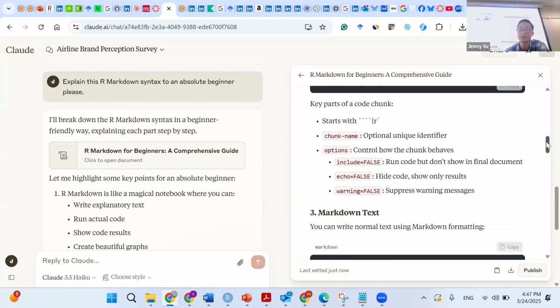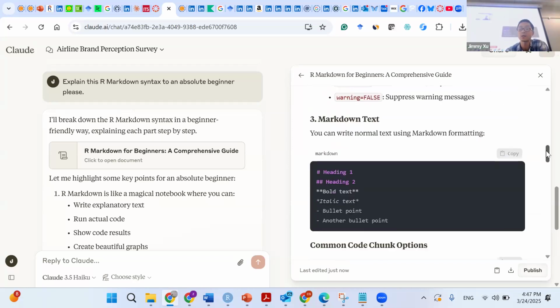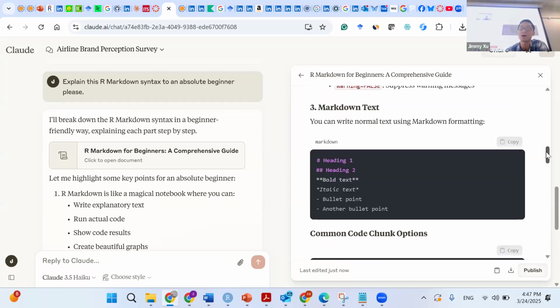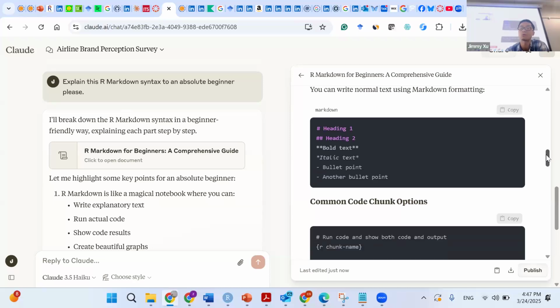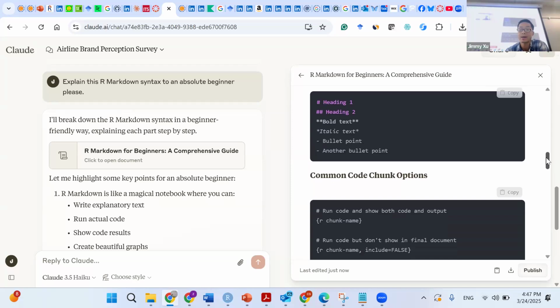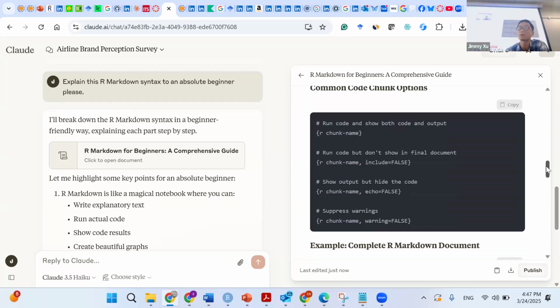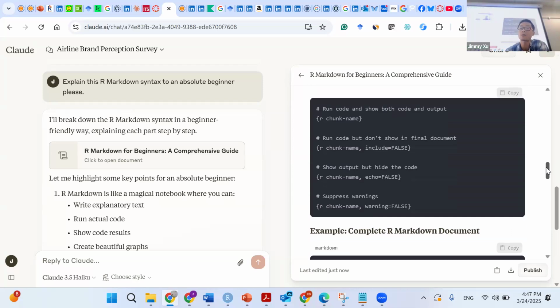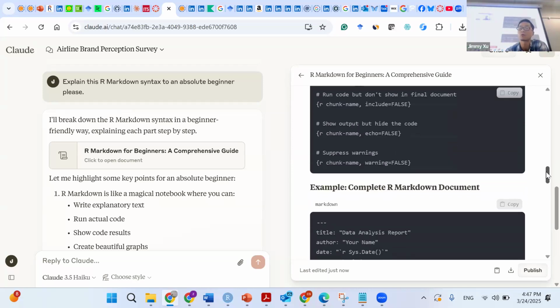You already built some foundation, you see, and then the markdown text. Now you can write normal text using markdown formatting, right? Heading 1, one hashtag, heading 2, two hashtags, or two pound keys. Bold text, okay? Another, bullet points, bullet point after bullet point. Our chunk names include echo equals false.